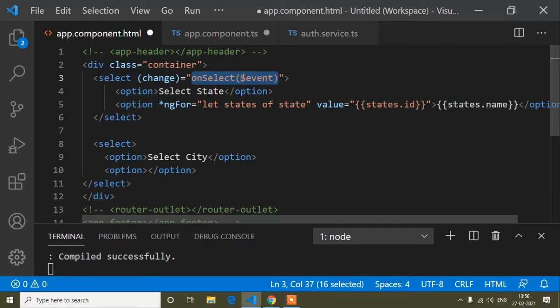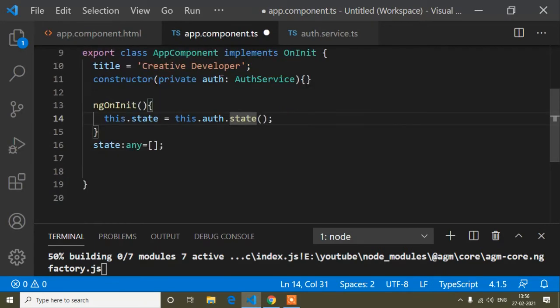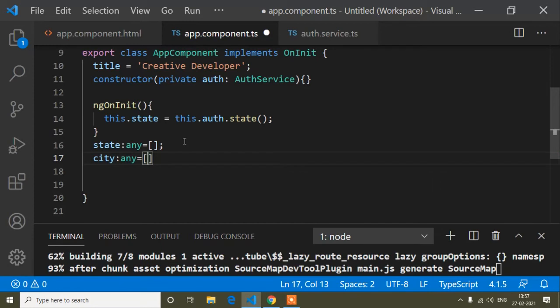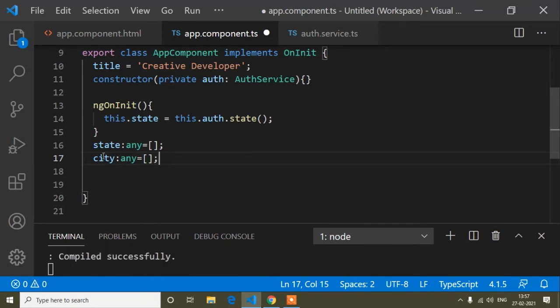And now I will copy this method name onSelect, and before pasting, I will write another array called city, because in this city array variable I will store our cities.